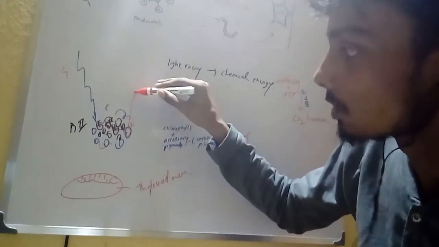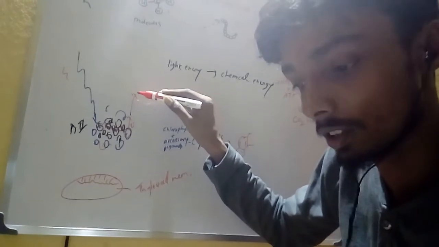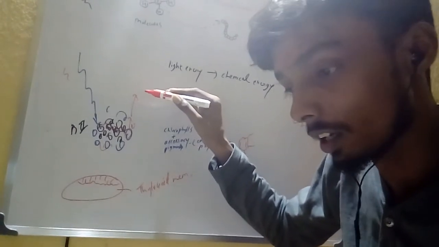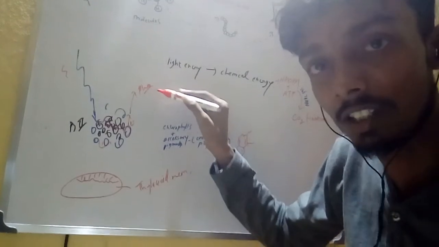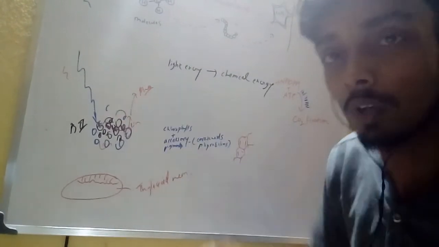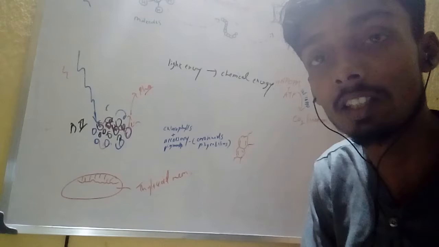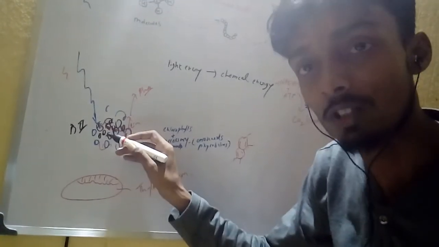Then it is transferred to the pheophytin, which accepts these electrons. Okay, so the gap, so here what energy did is energy came to these reaction centers,